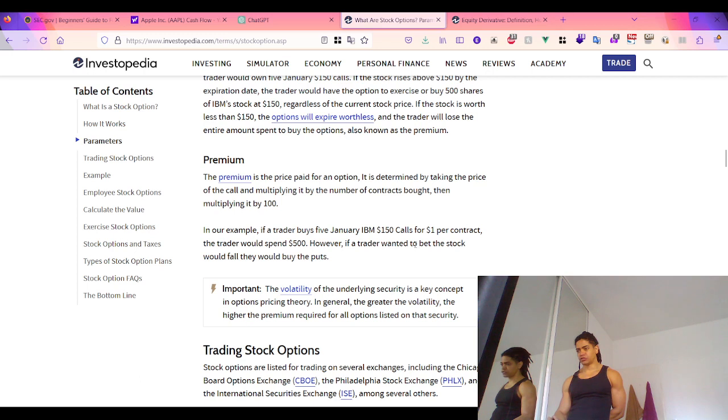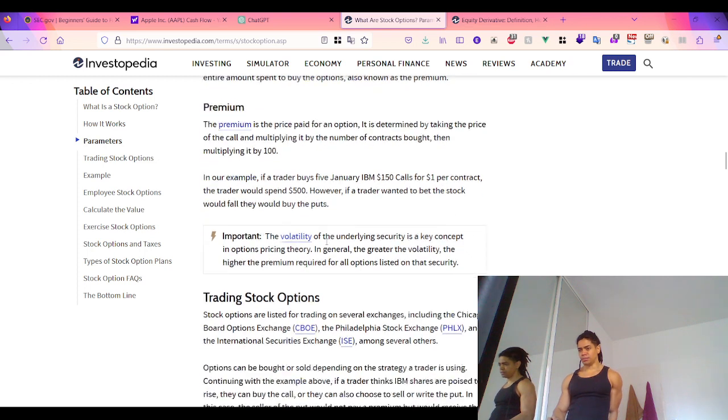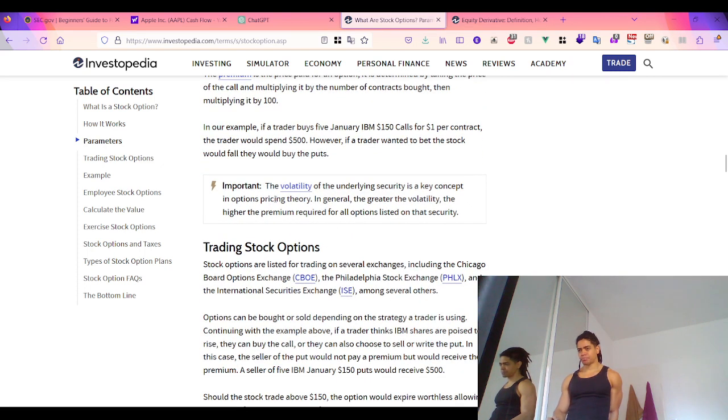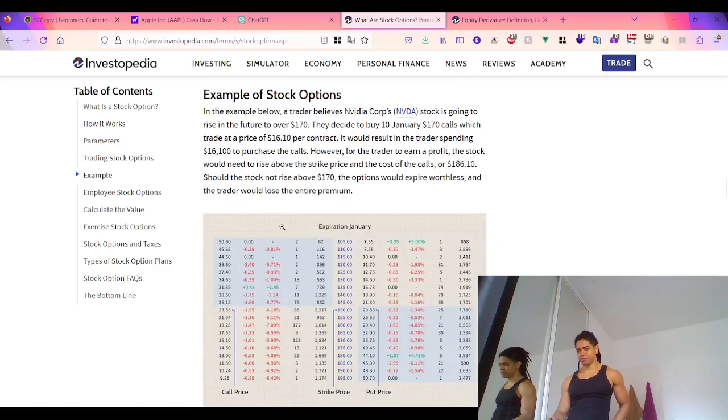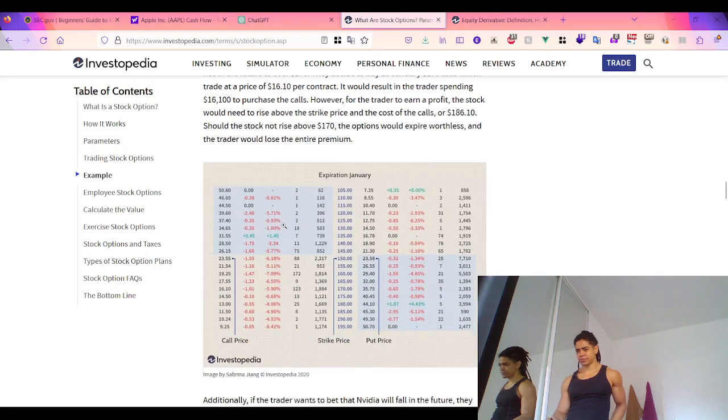However, if a trader wants to bet the stock will fall, they will buy the put. Important, the volatility of the underlying security is a key concept. So call price and strike price, input,